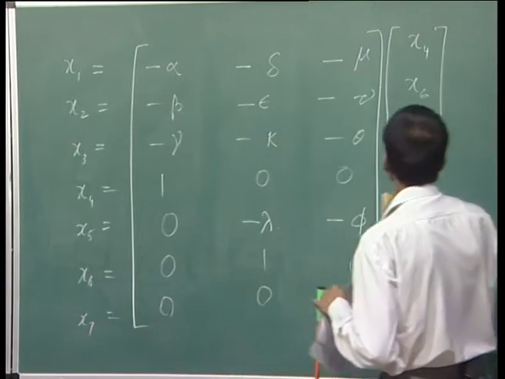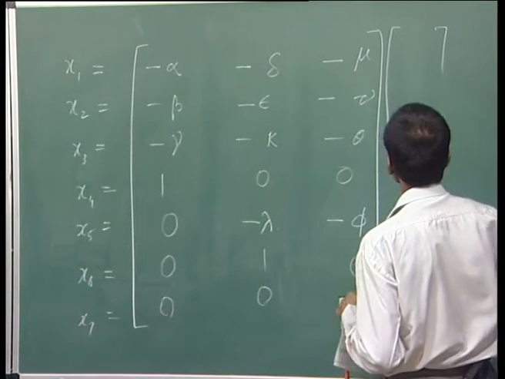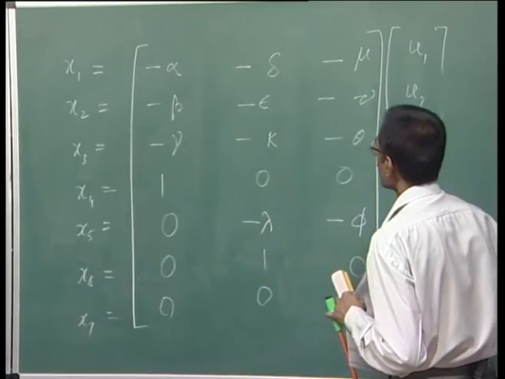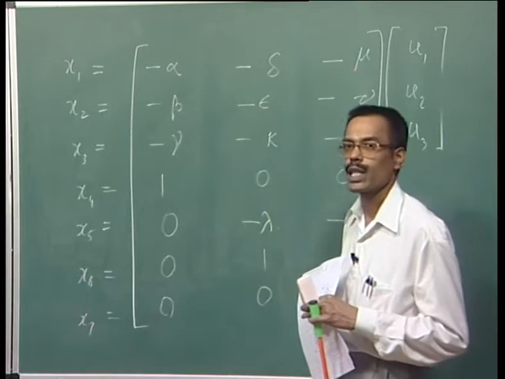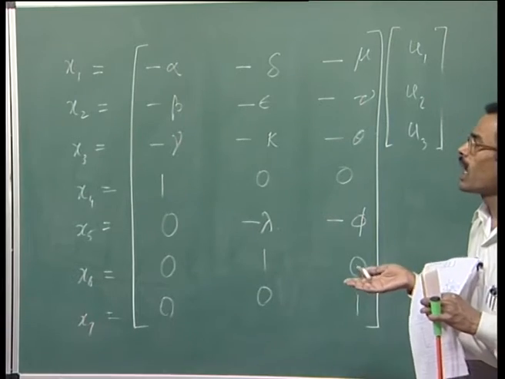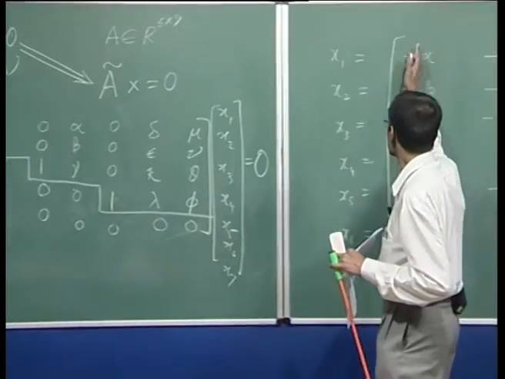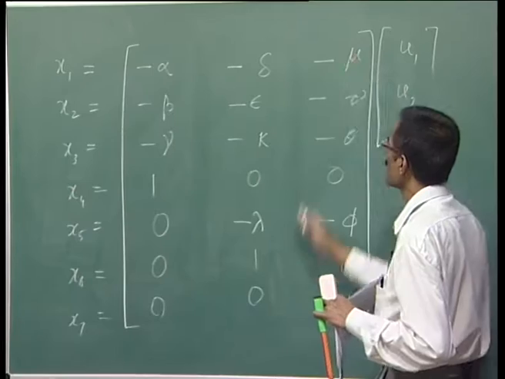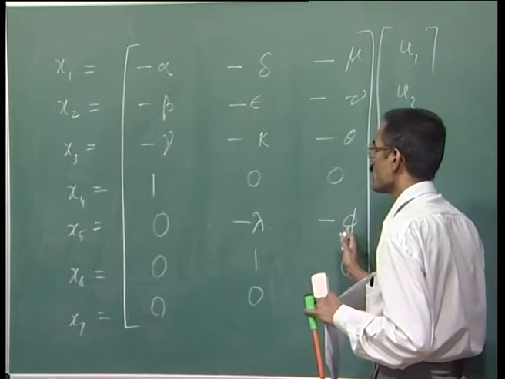Okay. So, for that matter, there is no more any reason to call them x4, x6, x7. We can call it simply u1, u2, u3 or any name. And this 7 by 3 matrix actually codes the null space of the matrix A, which is the same as the null space of the matrix A tilde. This first column is one null space member, the second column is another null space member, the third column is the third null space member, and these 3 are linearly independent.